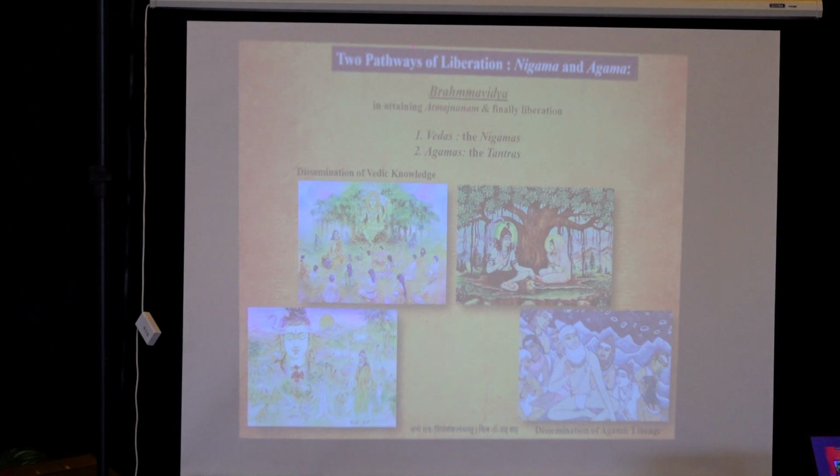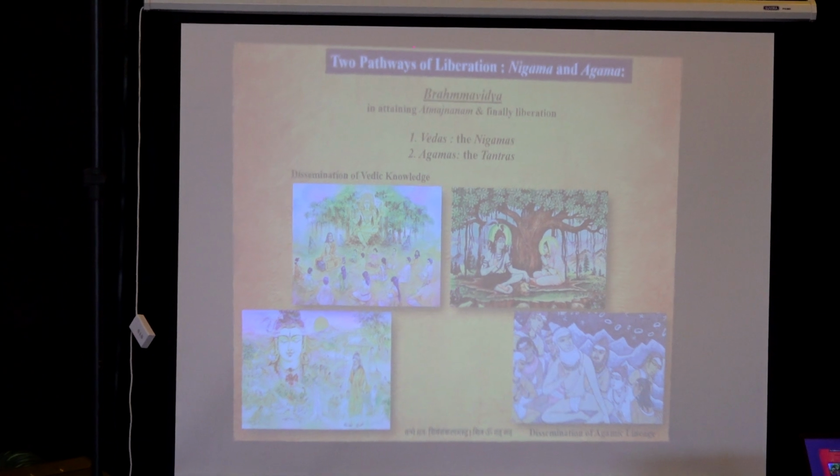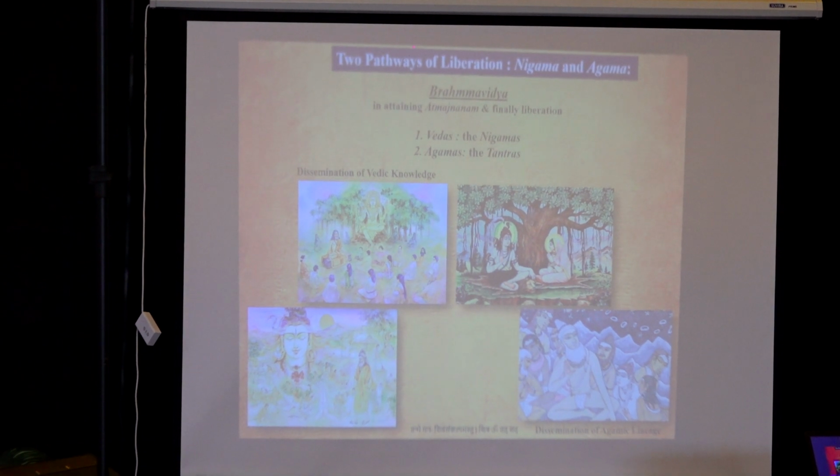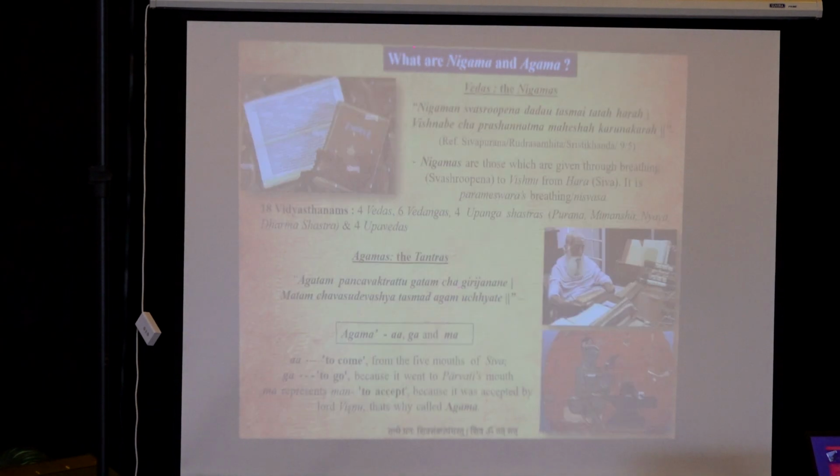There are two pillars of Dharma. One is Vedas and another is Agamas. Two pillars, because both have ancient traditions, ancient Guru Parampara. Later I will discuss. Vedas, the Nigamas. Nigamas mean Nihshvasa Svarupa, which are the breathing of Parameshwar Shiva. That is why they are called Nigamas. Yasya nihshvasitam Vedaha, yo Vedebhyo'khilam jagat,